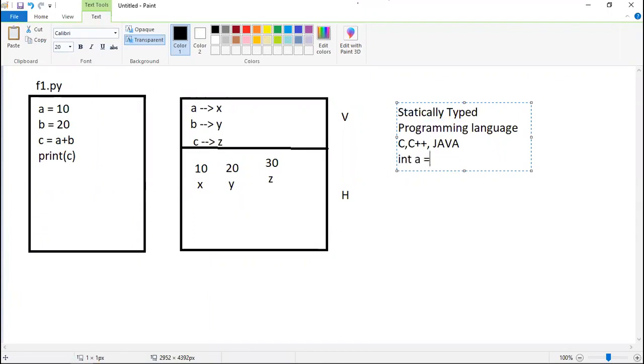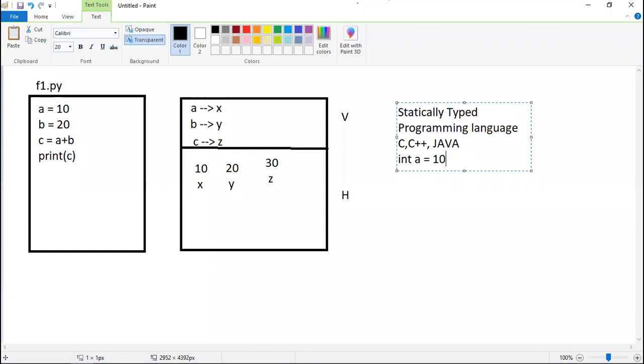And you can declare it. Or if you want to do the declaration and assignment in the same line, you can allocate some integer value. Now this kind of programming language, where the data type for a variable is fixed or static, is called a statically typed programming language.